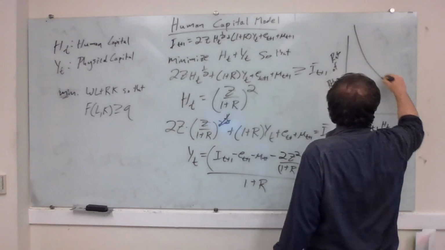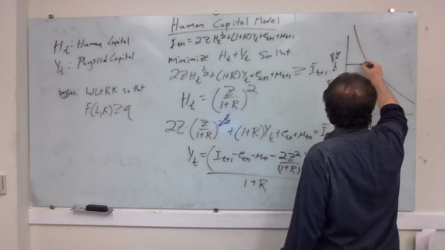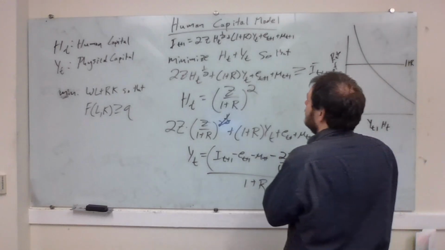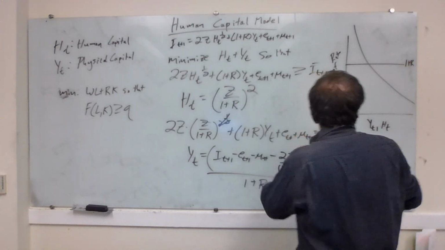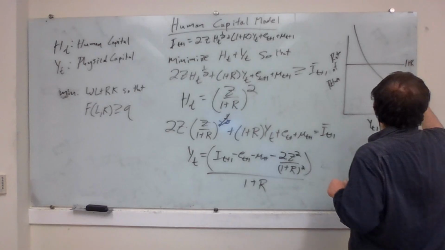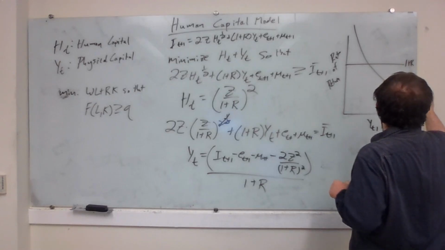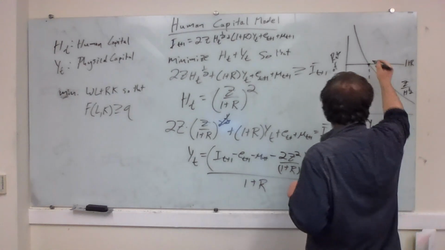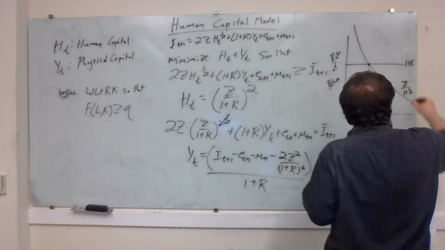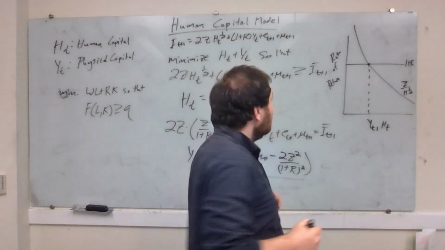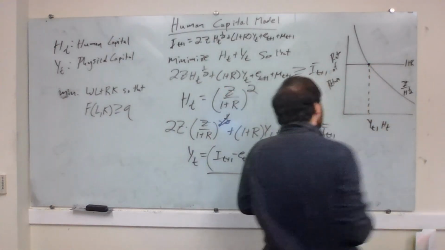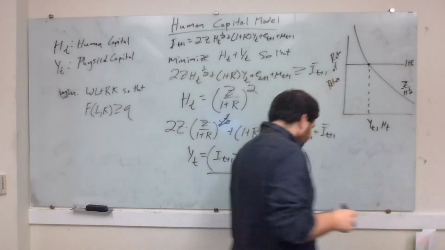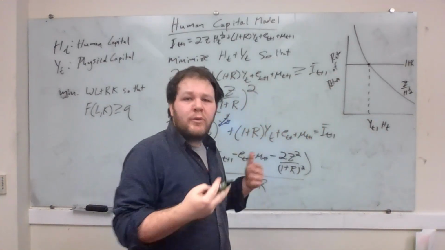Our human capital is getting less and less productive, whereas our physical capital always has a rate of return of 1 plus r, right? Our human capital has a return of z over h to the 1/2. So once we've invested the right amount in human capital, it's no longer worth it to invest anymore. And as long as we're willing to reach that level of human capital, we're going to get there and stop, no matter how much more we want to invest.